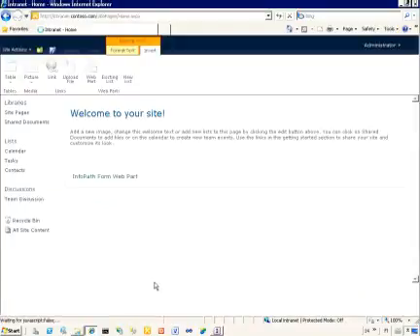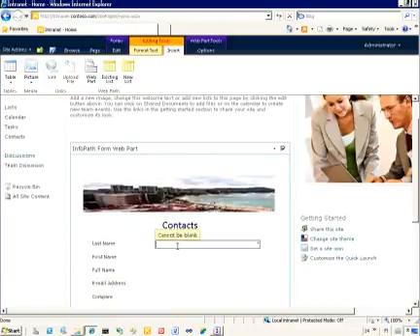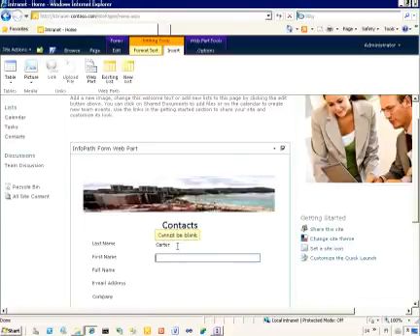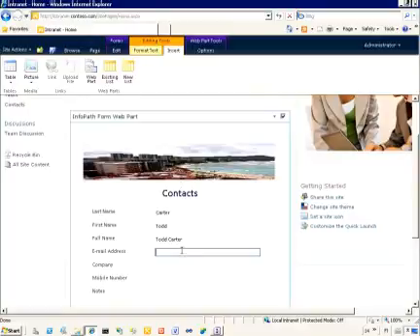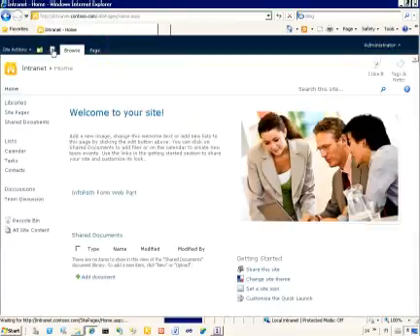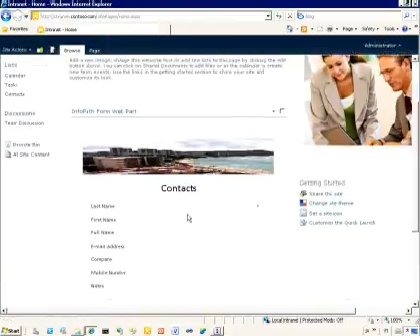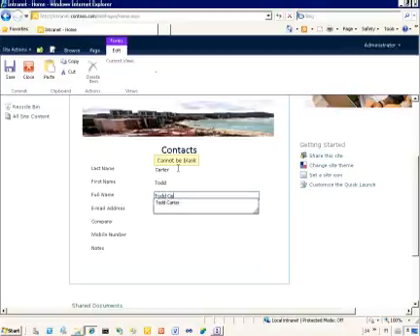Let's click OK, and we're able to see our custom InfoPath designed form directly within the front page of the site. So now if I start updating this information, we are able to save directly to the correct list. Before doing that, I want to save the changes of the page, just to make sure that we have committed the InfoPath form to the page. So let's update or create a new item to the list,